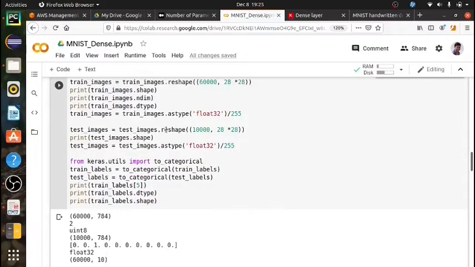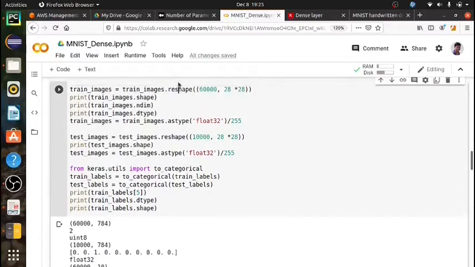So first we are changing the shape by using reshape, and then we change the data type to float32, and we also have to normalize.